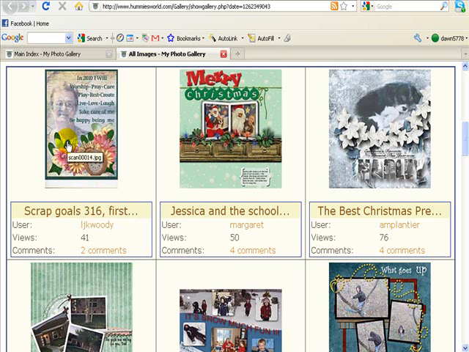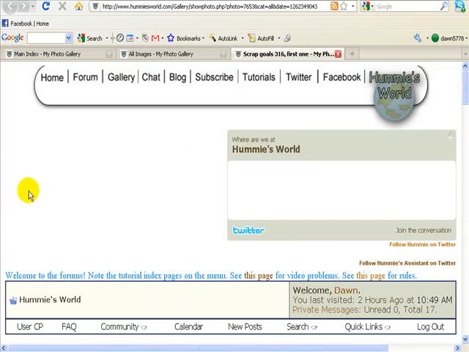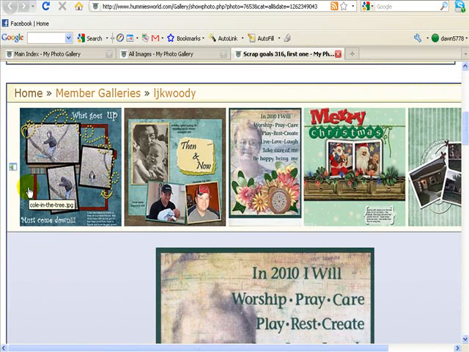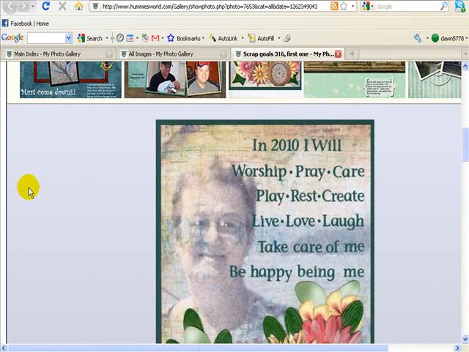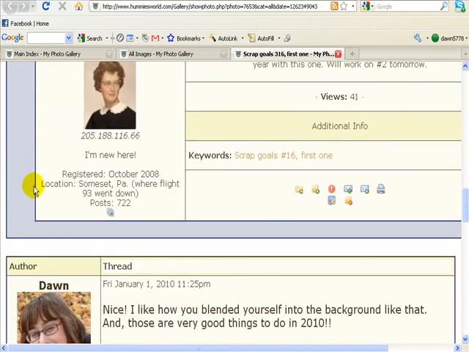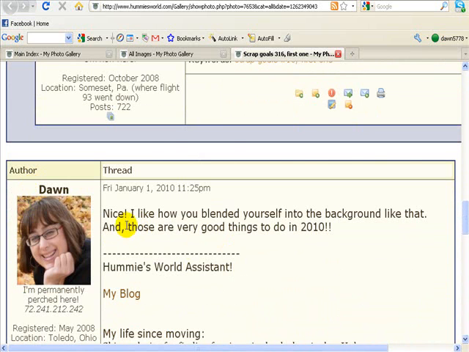So we're going to go ahead, and you can either click on it or you can control click, but since we're going to be coming back to this page, I'm going to go ahead and control click to open it in a new tab. So the very first thing you want to do is comment on the layout, because this is the biggest part of the game, is leaving warm fuzzies and comments for the posts that are in the gallery. So we're going to go ahead and scroll down, and you'll see I've already commented, but